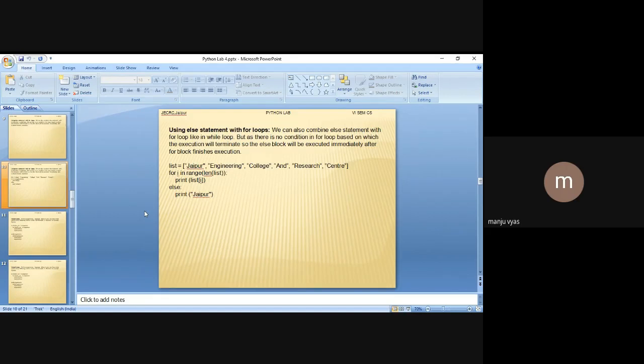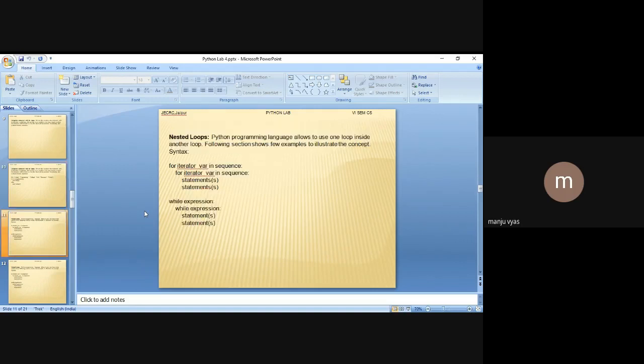So the value of i will be from 1 to 5. Till 5 it will print Jaipur Engineering College and Research Center, and then it will print Jaipur. I hope this is clear to all of you. It will be more clear when we understand the concept of list. Although it is very simple, just execute this code and see whether you are getting the correct output or not, right?